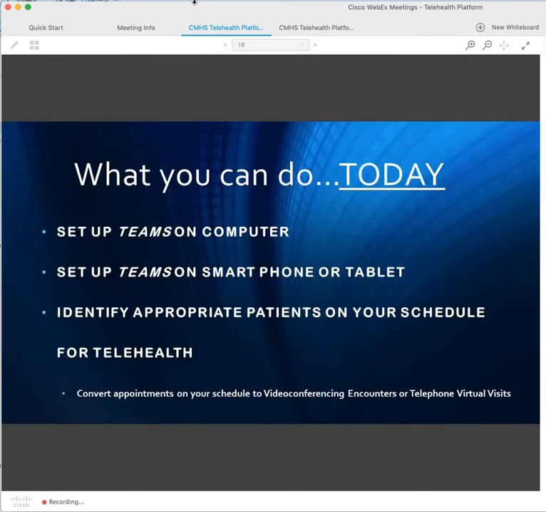All right. So what can you do today? Today, you can make certain that Teams is set up on your computer. Again, most of you have the icon on the computer when you open it today. I have a couple of notes about that from one of our Allscripts trainers. That is Miriam. And Miriam comments that anyone who already set the multi-factor authentication for their email up